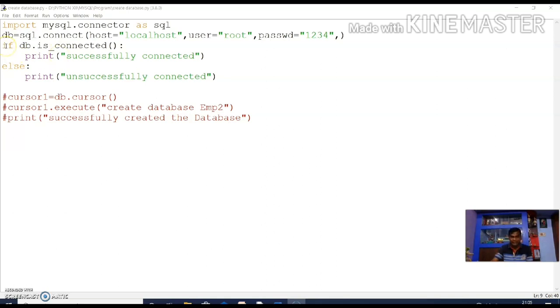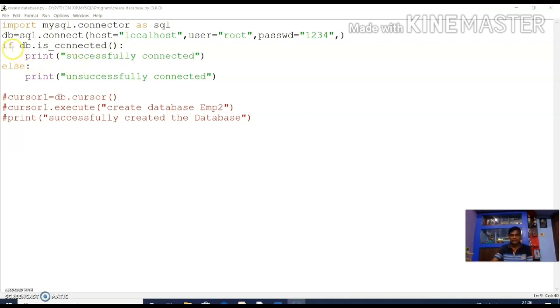I am checking if db is what? It is an object. Whenever you connect MySQL through Python, you create an object, which can be any identifier, like db, x, s, any user-defined variable name. I am taking db. So the db.is_connected function checks whether the connection is established or not.